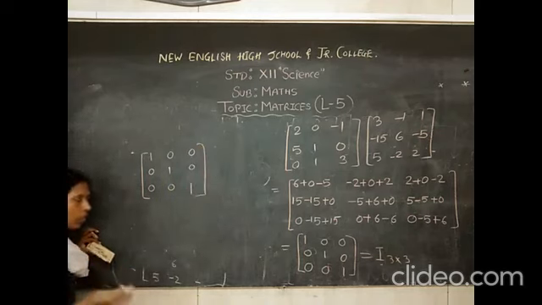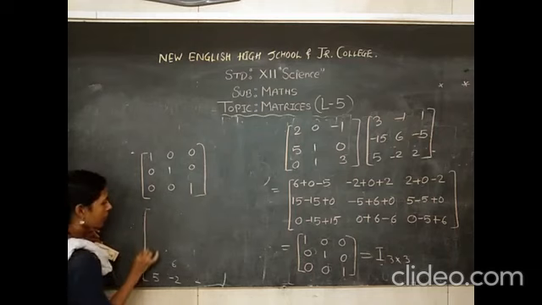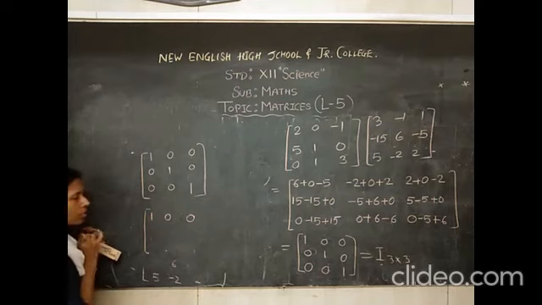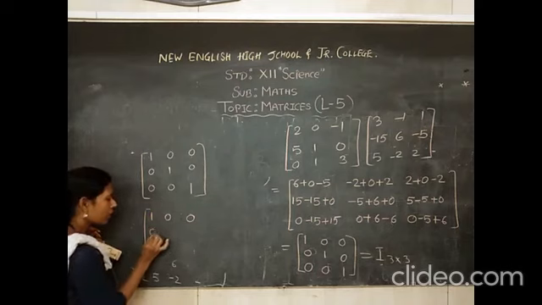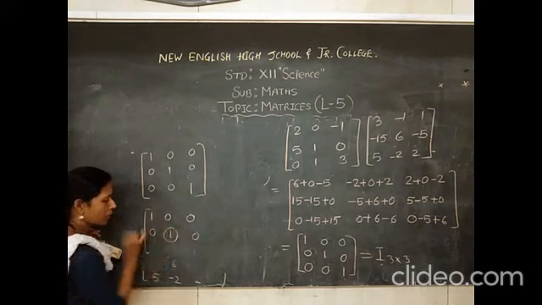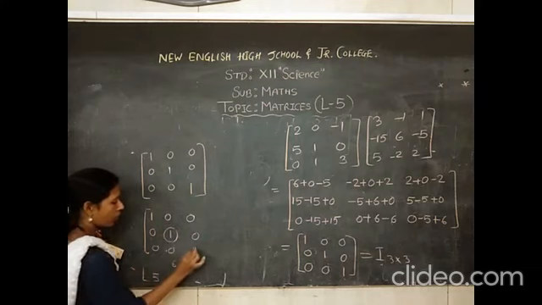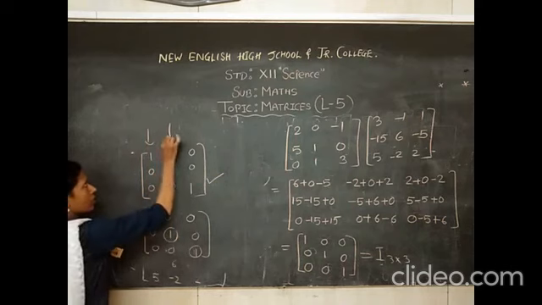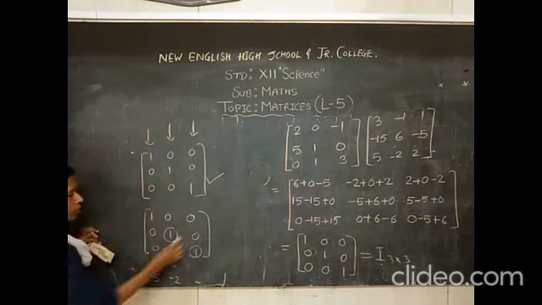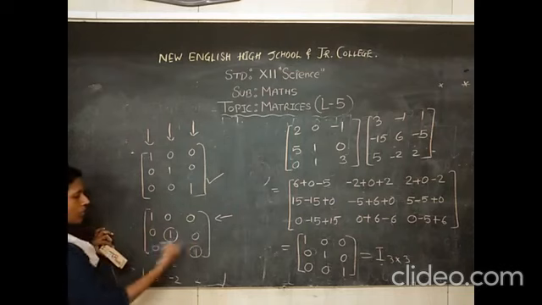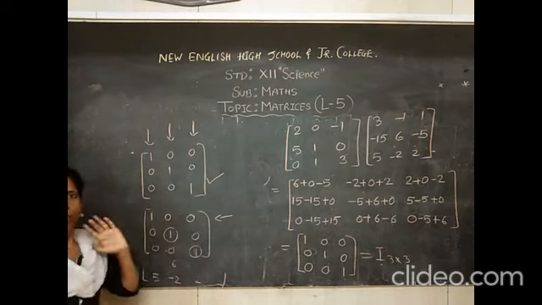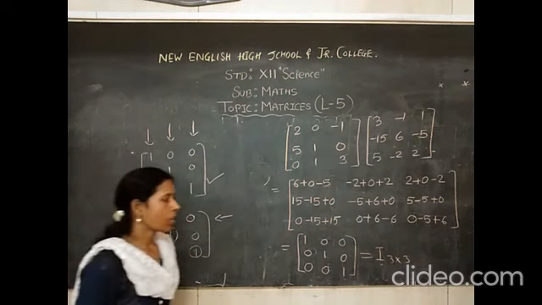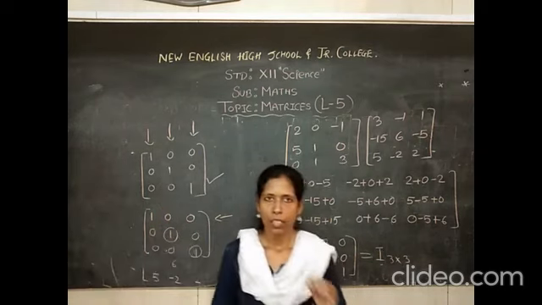When you are doing column operation, then try to make first row 1 0 0 first. Okay, then 0 1 0, first make it 1, then 0 0 1, first make it 1. For row, go column wise, and for column, row wise. Row wise means first row, second row, third row. Is it clear? Make it 1 0 0, 0 1 0, 0 0 1. Now we are done. Please note it down.